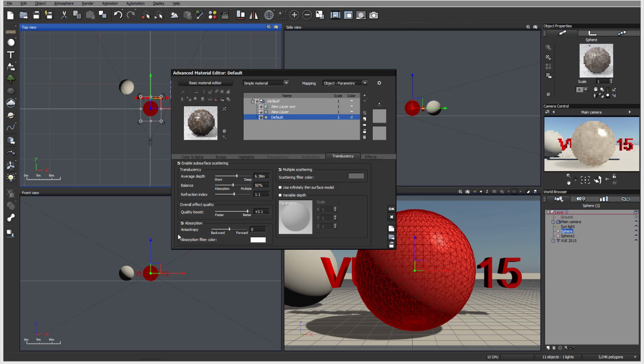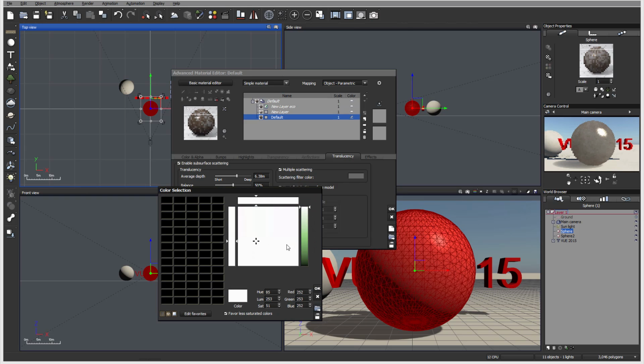Okay, we also have absorption, backward or forward. It depends how light will go penetrating and reflecting back. So it's based on this. We can apply what light is reflecting. So as an example, let's go right here. We'll take it